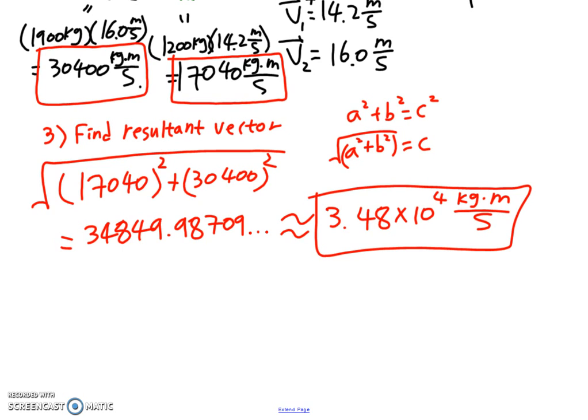Funny thing is, are we completely done? No. Unfortunately, we need to find the angle, which is easy. We just need to use our SOHCAHTOA. Don't forget that we're using the second function of tangent in here, and the reason I'm using tangent is because they're a whole number, so that's why. And I can just put SOHCAHTOA opposite over adjacent. In this case, opposite is our good old y component, so